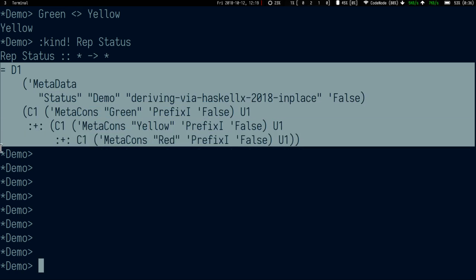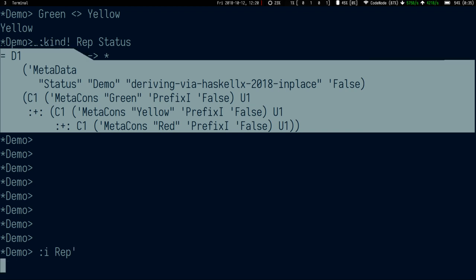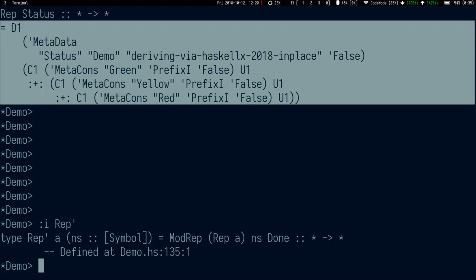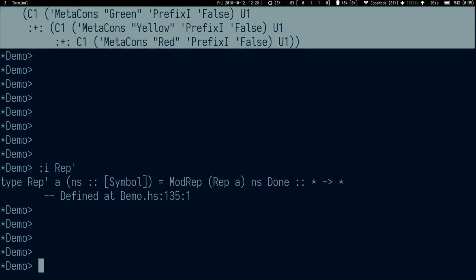All right, you see it's a data type, and then there is the name of the data type there, and then it's a choice between ultimately 3 constructors, and the first constructor is called Green, and the second constructor is called Yellow, and the third constructor is called Red. Right? And now I have a version that is called Rep', and Rep', let me again scroll this up,